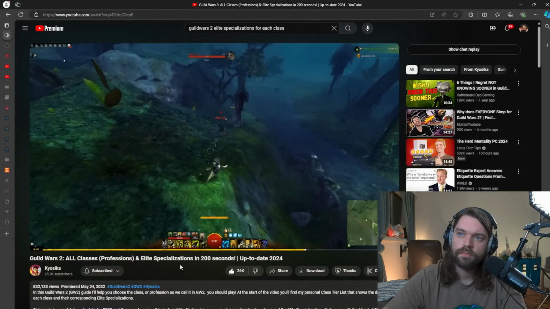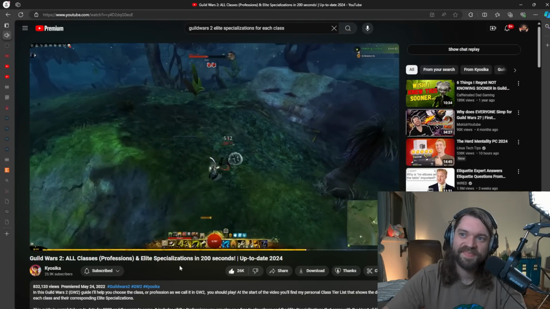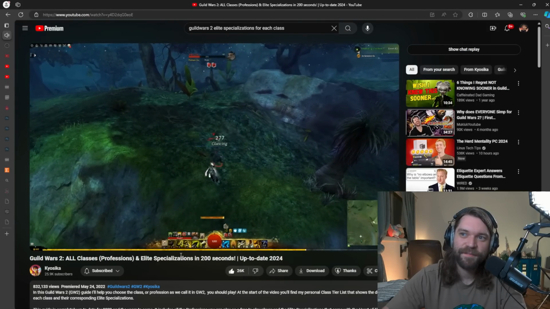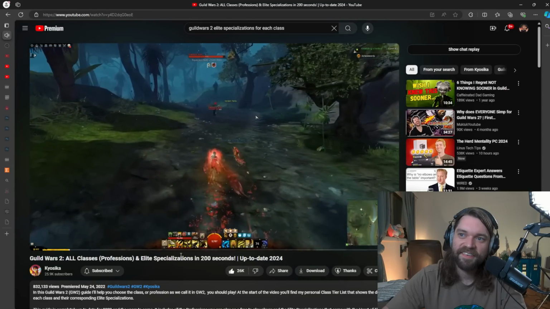Each pet family has their own ability, so it's smart to use a pet that fits your current playstyle or situation. And because of this, a pet makes the Ranger a great profession to start playing Guild Wars 2 with. Your pet can deal damage, but can also...